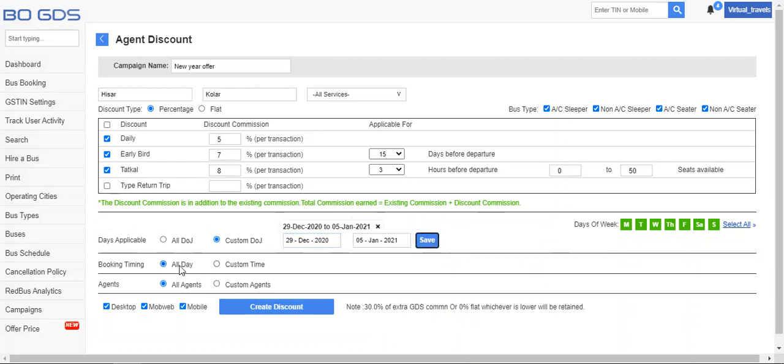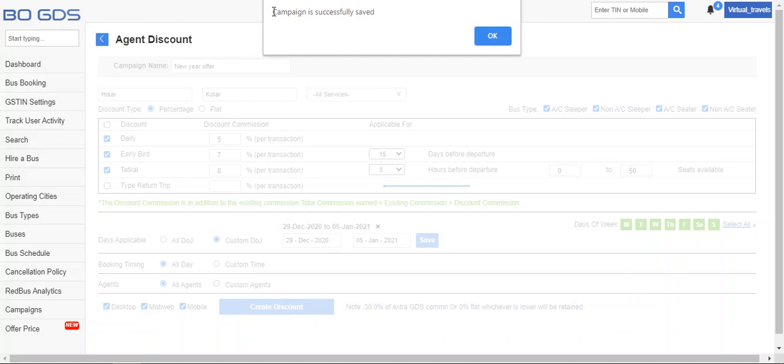You can also choose during which timings this GDS campaign should be applicable, and also to which particular agents it should be applicable. So once you mention all these items, you can create the campaign from here.